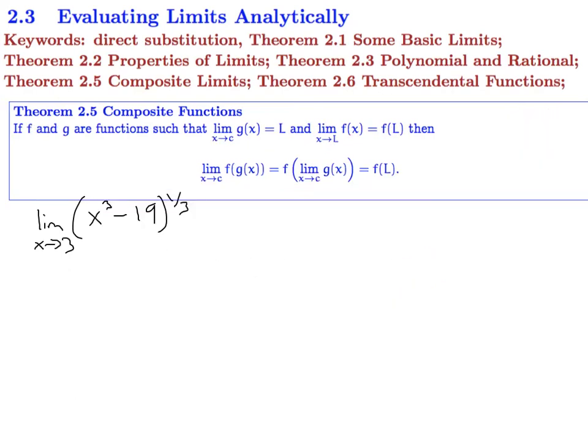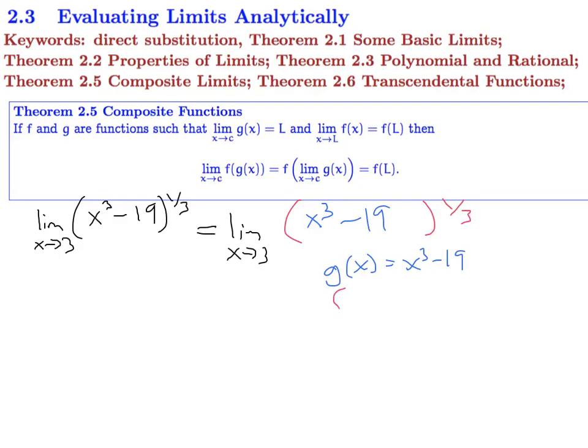So you should take a minute to try to compute this limit on your own. The limit as x approaches 3 of (x cubed minus 19) all to the 1/3. If we do this limit in pieces, we have the limit as x approaches 3 with an outer function to the 1/3 power and an inner function in our composite, x cubed minus 19. So in terms of the theorem, our inner function is x cubed minus 19